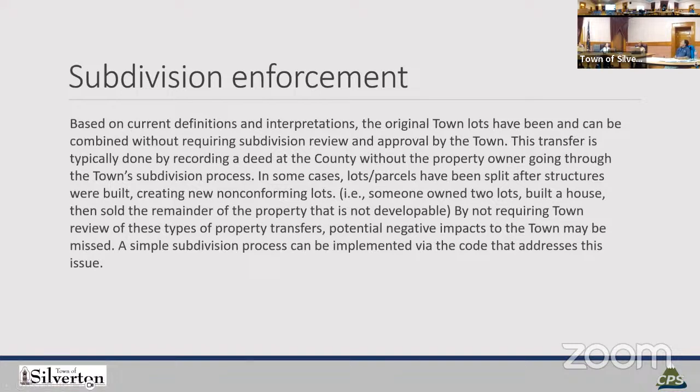But anytime we have non-conforming, like if someone owns 6 lots and they want to sell off 2 of them and keep the other 4, I think that would fall within what we're talking about in terms of having an administrative subdivision process. I don't totally understand why that would be needed, but I get it when it's like these weird shaped or width lots that aren't exactly on our grid.